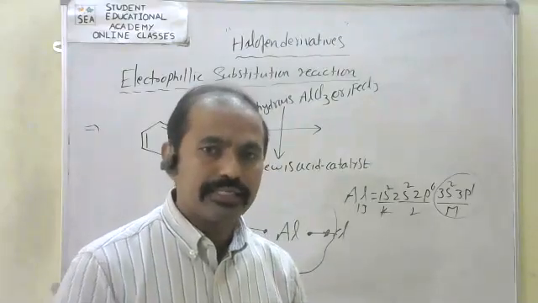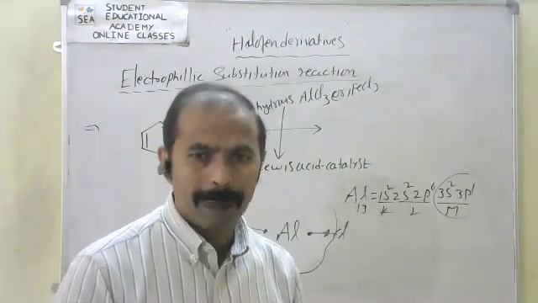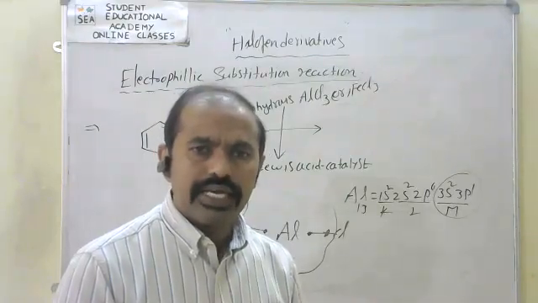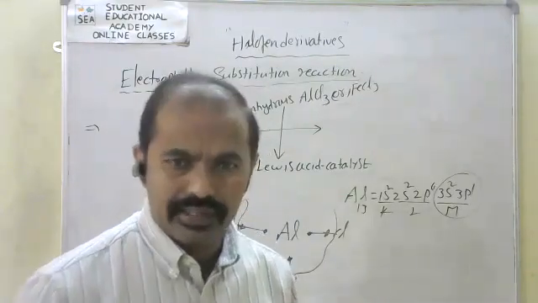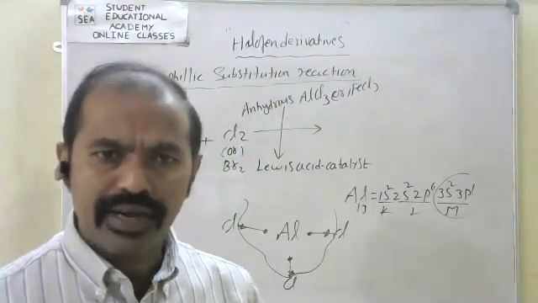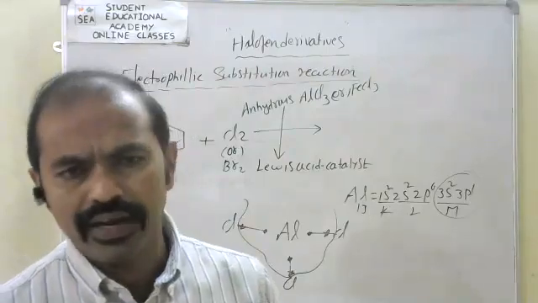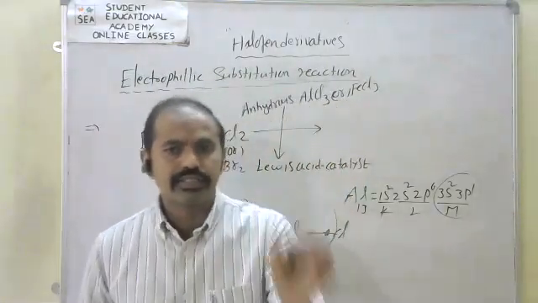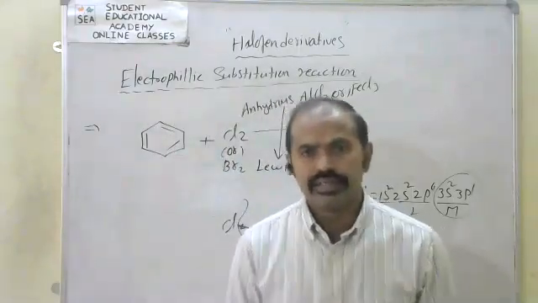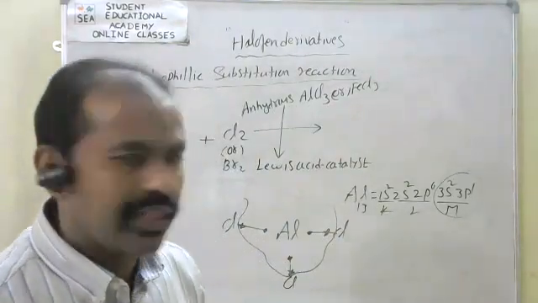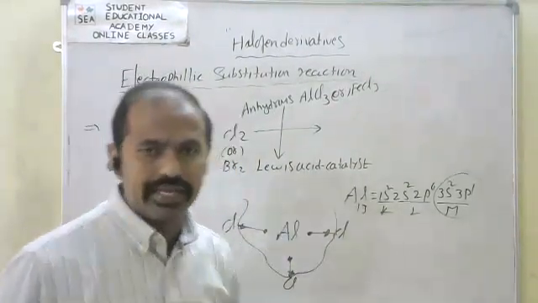Generally, a catalyst means what I have given before. It increases the rate of reaction, the fastness of the reaction. It participates in the chemical reaction, but finally it is eliminated. That type of chemical substance is called a catalyst. Anhydrous, without water molecules, AlCl3 acts as a Lewis acid catalyst.